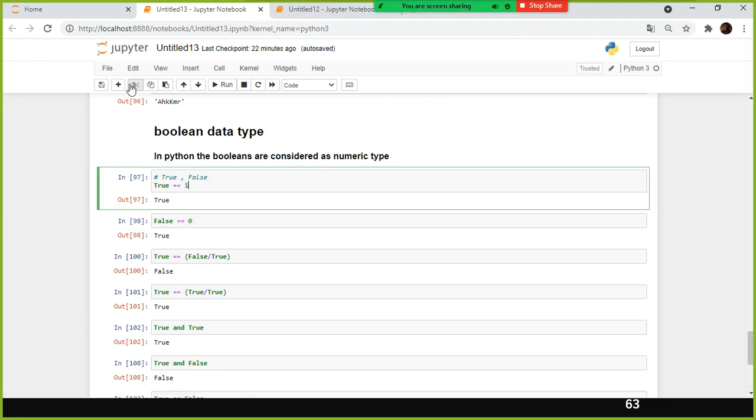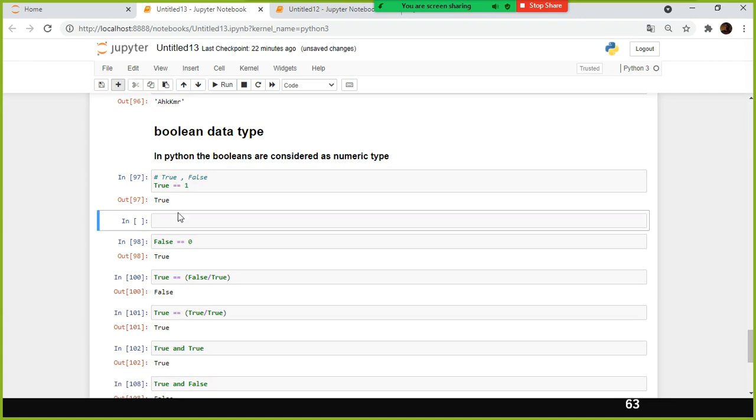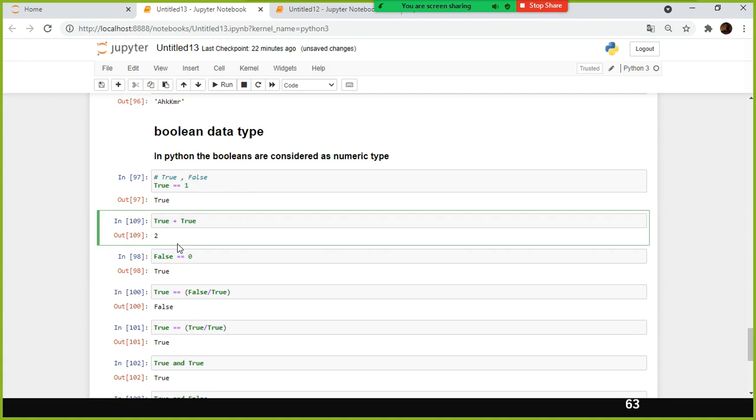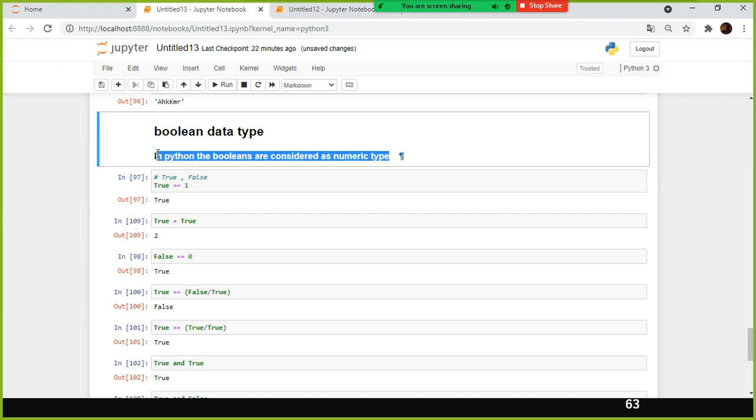Okay, supposing here I am going to say, see, 1 plus 1 is 2, right? That is the reason why I mentioned this statement here. It is considered as 2.